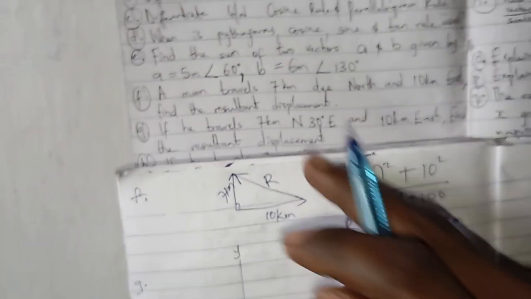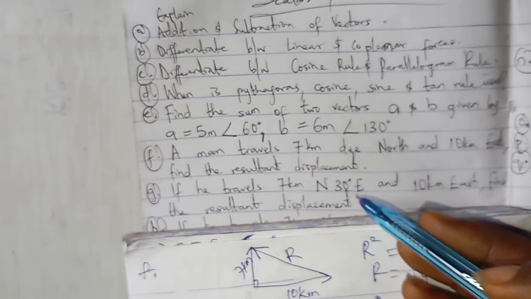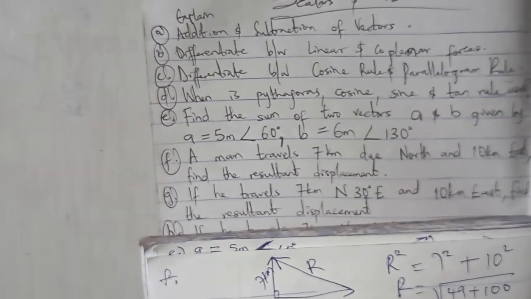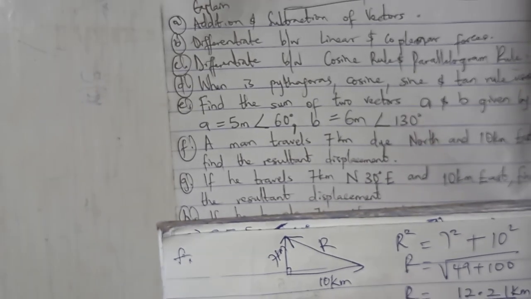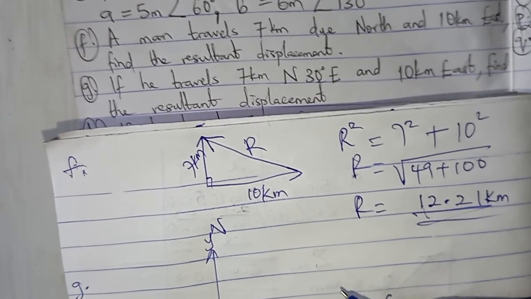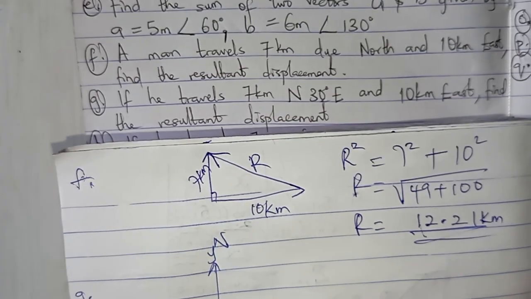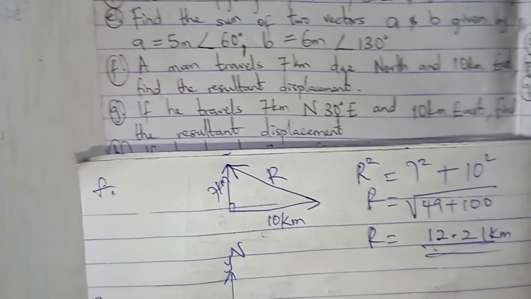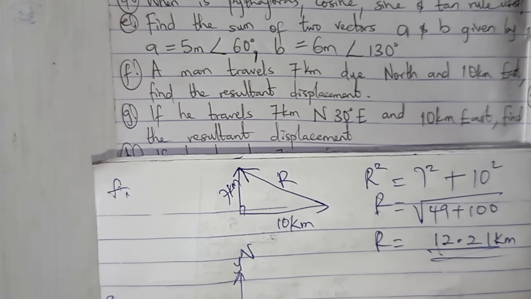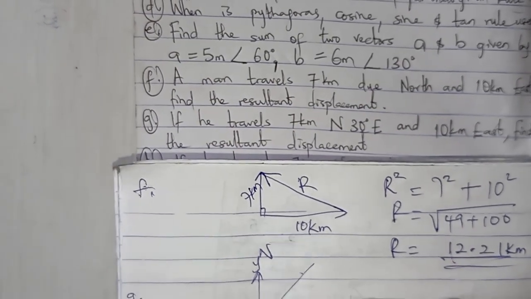So it says G, if he travels 7 kilometers north 30 degrees east, that is C. This is north, this is east. This is north, this is east. If he travels 30 degrees from the north, 7 kilometers north 30 degrees, north of east. So you see that from the north to the east, towards the east, he's moving from north of east. So 30